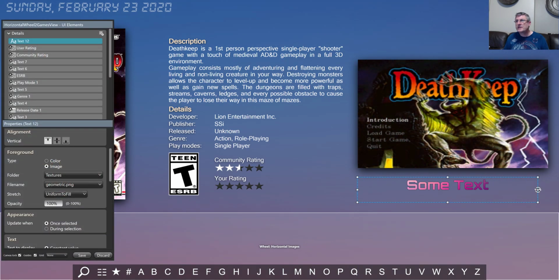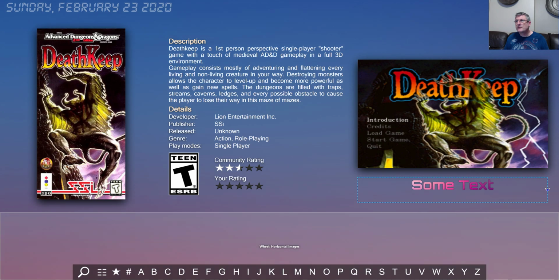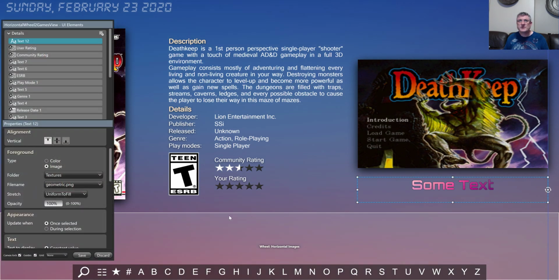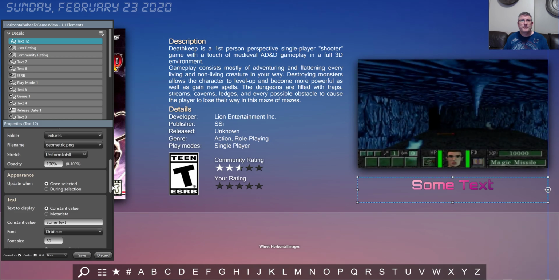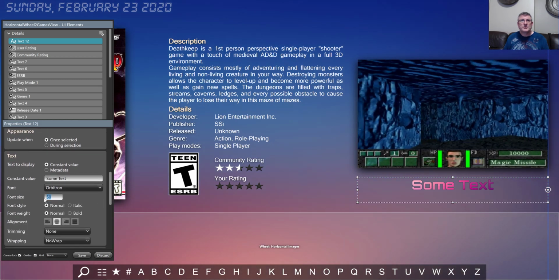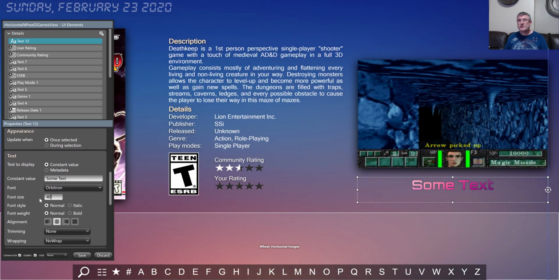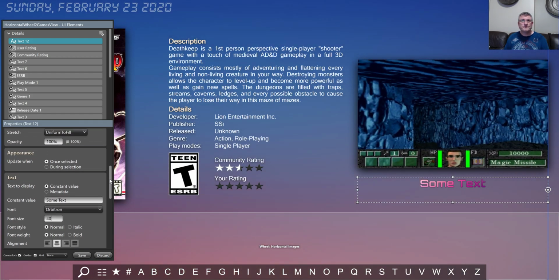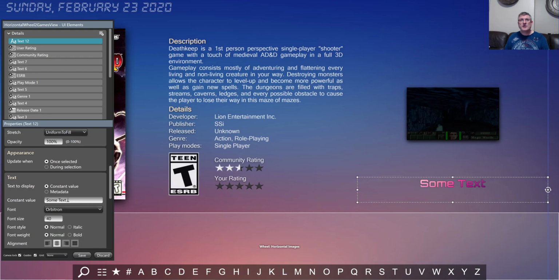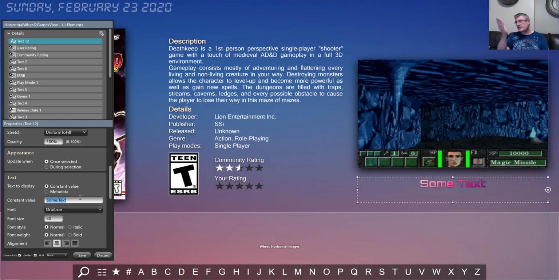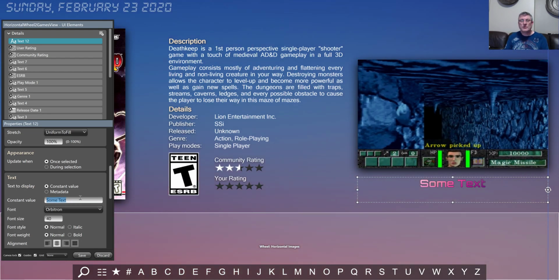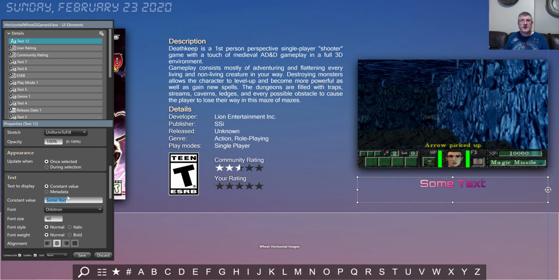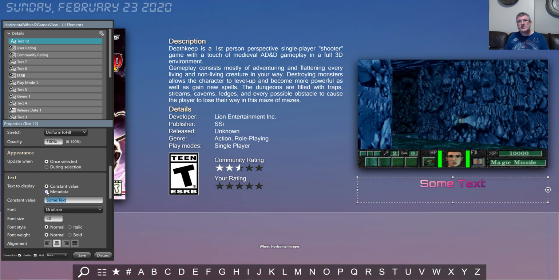Let me just expand this a little bit. Told you it's my OCD. I'm going to reduce the font just a little bit because it all depends on what value I'm going to show here. So again, this is where you would key in the text, if it's a label or whatever it may be that you're displaying on screen. But now you have the option to say